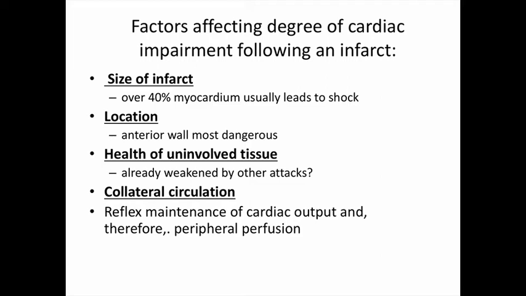I don't know if that made a lot of sense, but essentially with collateral circulation, we encourage blood flow through vessels that might not normally be perfused. And what that can accomplish is you can sort of bypass an area of problem by perfusing vessels that might not normally be perfused,